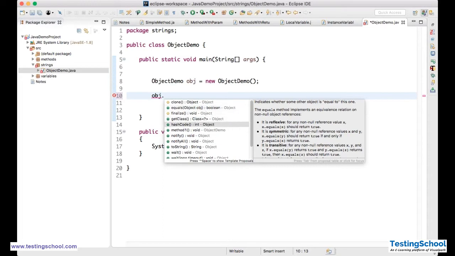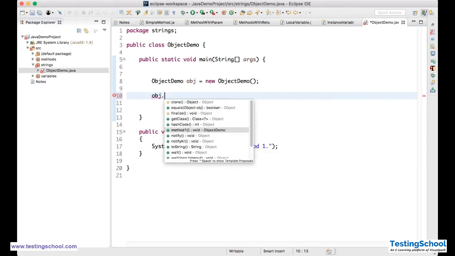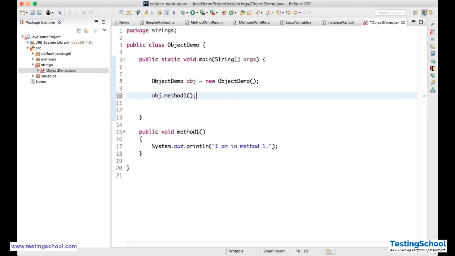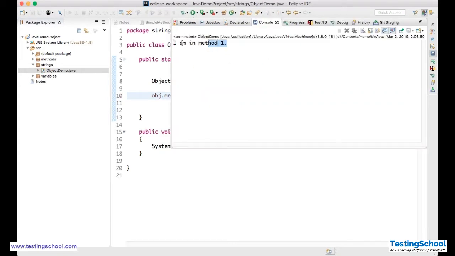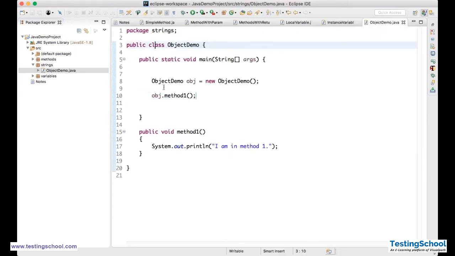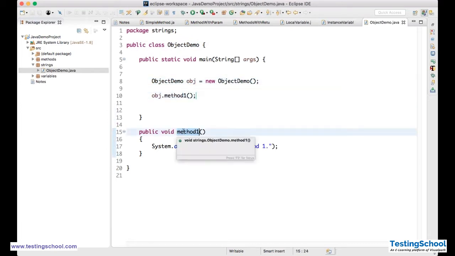Apart from that you will get method1. Now I'm not getting any error. If I execute the same thing, you see I'm in method 1. So both ways you can do it: you can create a static method, or if you do not want a static method, you need to create an object of your class and then you can access the method inside this class.